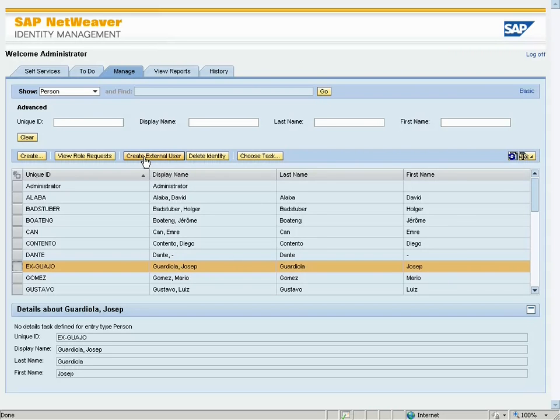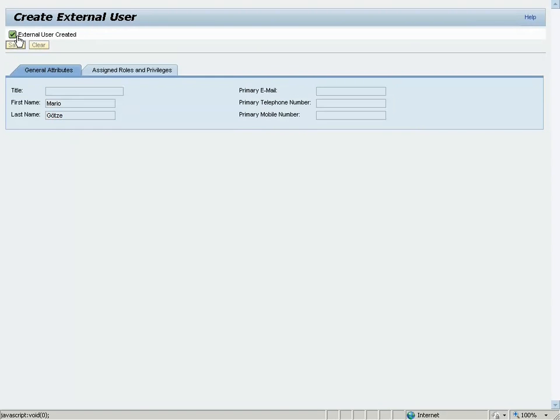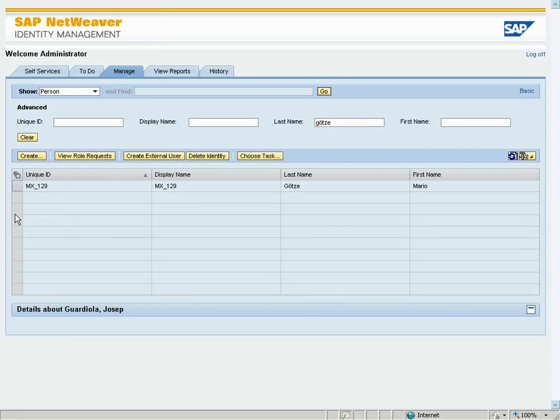And the customer wants to have a UI to create these external consultants directly in IDM. I've prepared a stub for that you can see here. We'll just quickly create a new external user and see how that looks like in the result list. As you can see, the external user is already created from the UI stub, but the unique ID and the display name do not match the requirements of the customer yet, and that's what we are going to change in